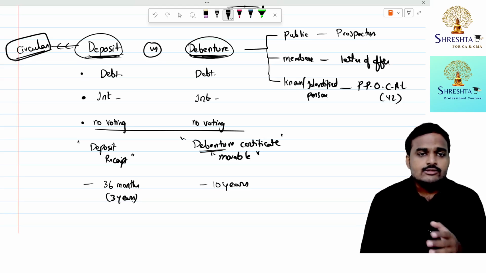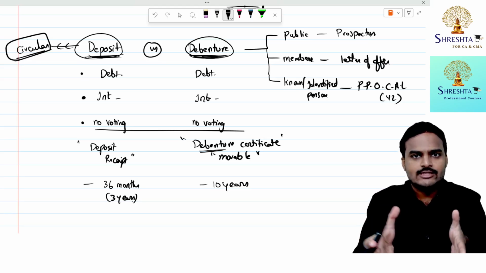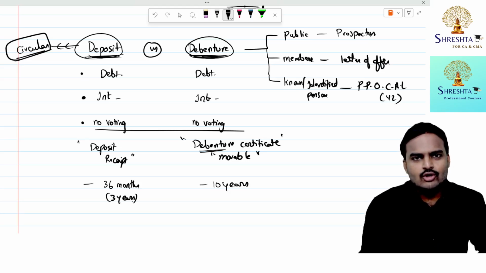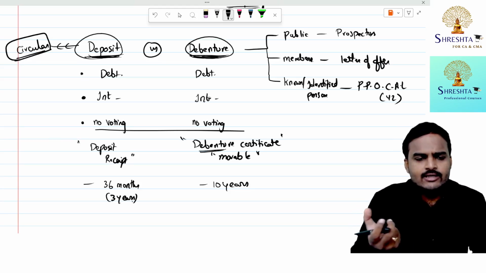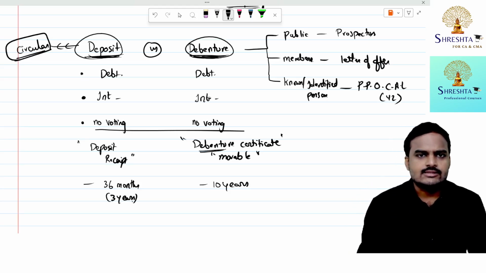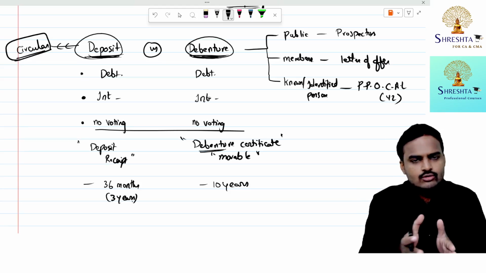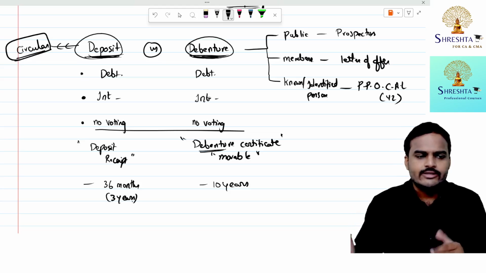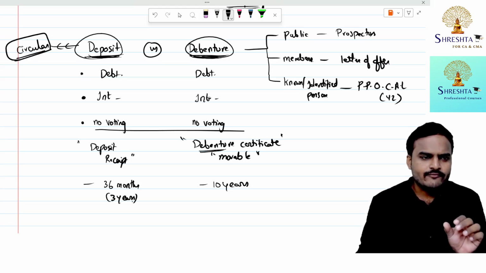So that means you can issue debentures for funding long-term projects, long tenure projects. Deposits are medium term, short term. Are you all getting my point, students? Both deposits and debentures help the company to raise funds. Whereas with debentures, the company can continue with the debenture holders for a tenure up to 10 years. Deposit holders, maximum 3 years. Everyone getting my point, students? So these are a few differences, and I'll let you know some other differences when I proceed with sections 73, 74, 75 and 76. Are you all getting my point, students? So these are the small differences.